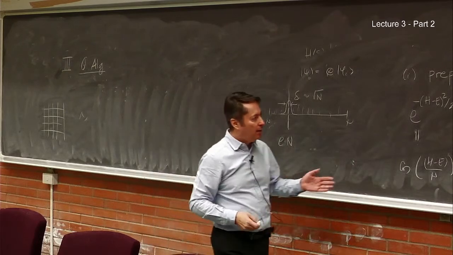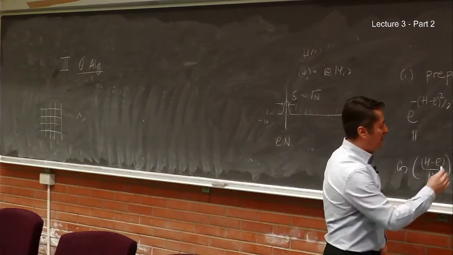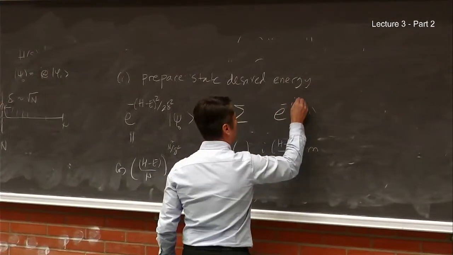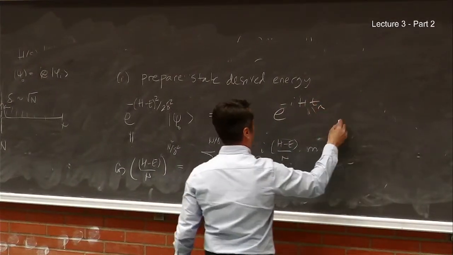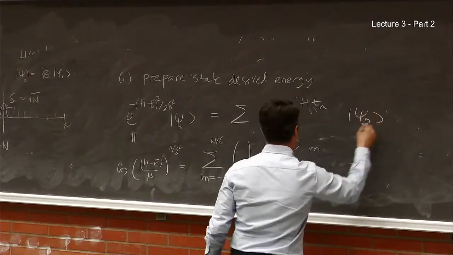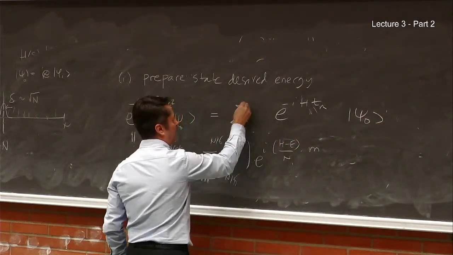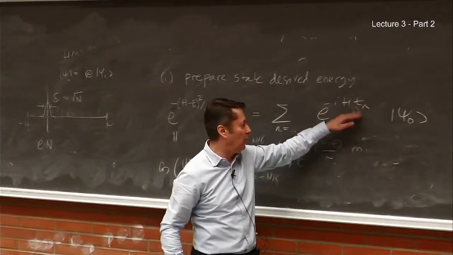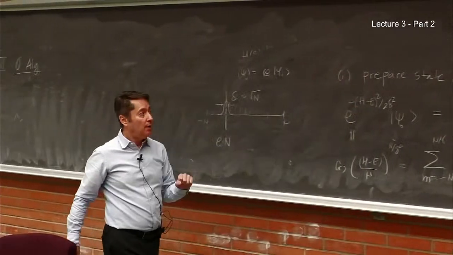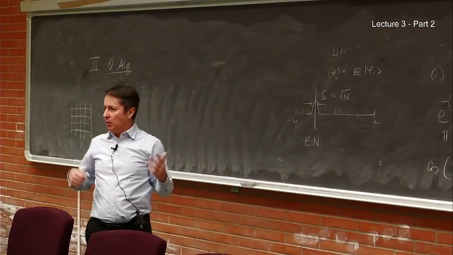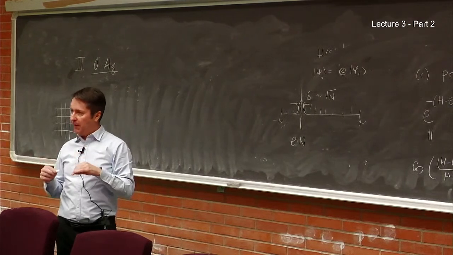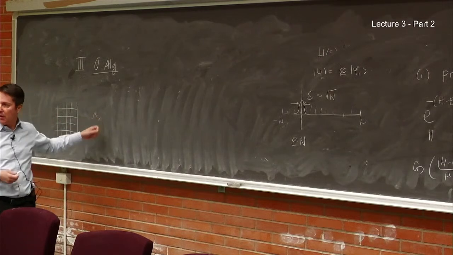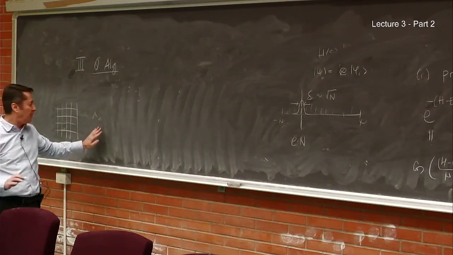So maybe I write it here. At the end, I have this state, which can be something like the sum of e to the minus i H t_n acting on psi 0, where this n runs from something to something. That's the formula that we have, where this time is either 0, 1, 2, 3, 4, whatever. That's what we want to have. Then you say, well, actually, why do I want to prepare the state? What I want to solve, the question that was asked at the beginning, is the expectation value of O. So let's compute now mathematically the expectation value of O.